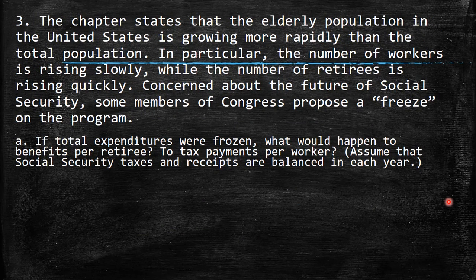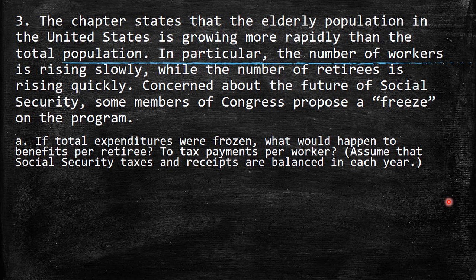Here, the third question says the chapter states that the elderly population in the United States is growing more rapidly than the total population. Actually, it's not just a trend in the United States, but also in other parts of the world. As an example, Europe has the same trend. So the elderly population is growing faster. In particular, the number of workers is rising slowly, naturally, because the birth rate is different than the rate at which people are getting older. And this time, while the number of